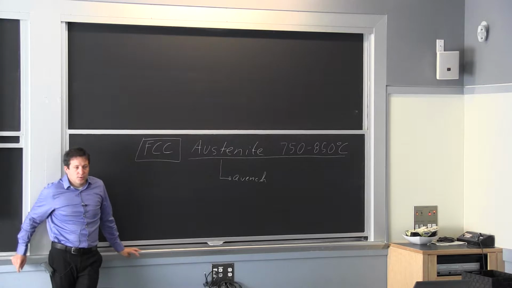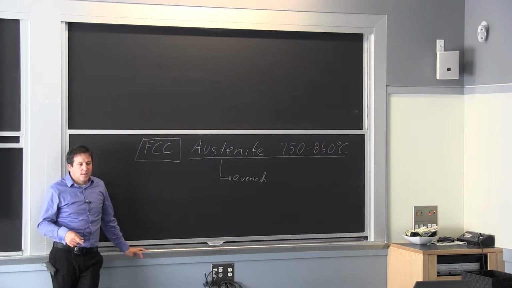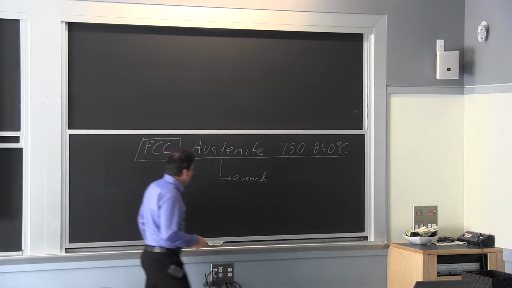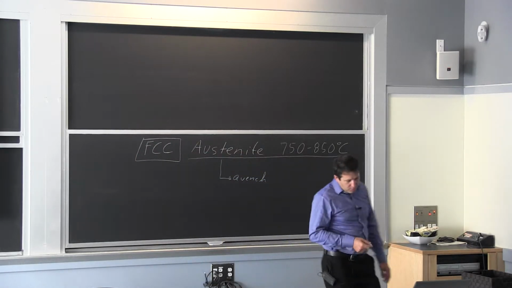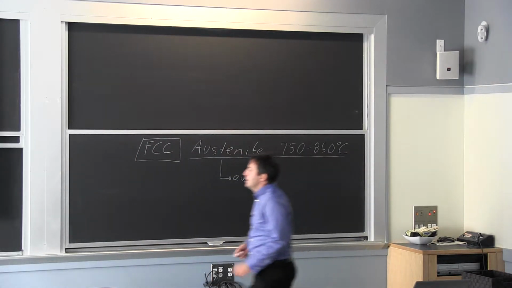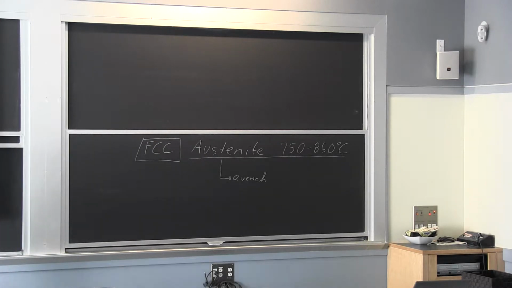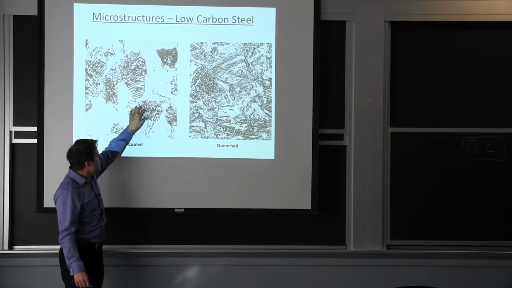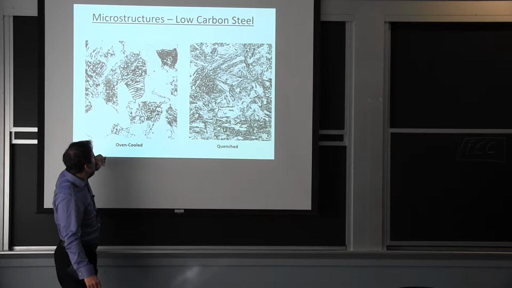And what happens during the quenching process, the austenite wants to go to the equilibrium if it's carbon steel. And that means one of two things. It could go to the equilibrium. The equilibrium, for low carbon steel, is almost pure iron. So these are the white grains. And cementite, which is essentially a combination of,